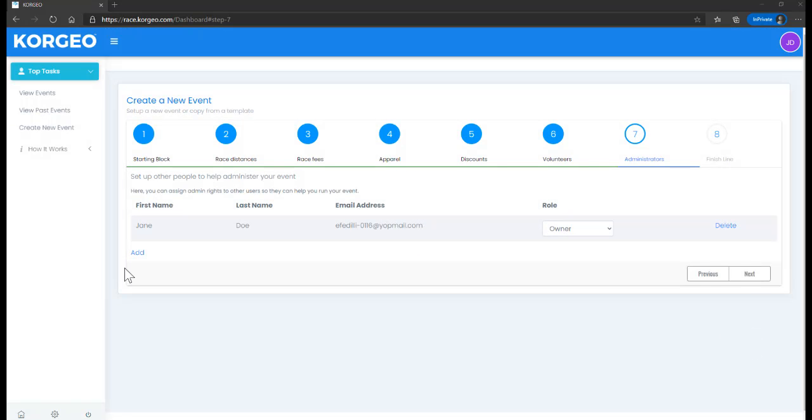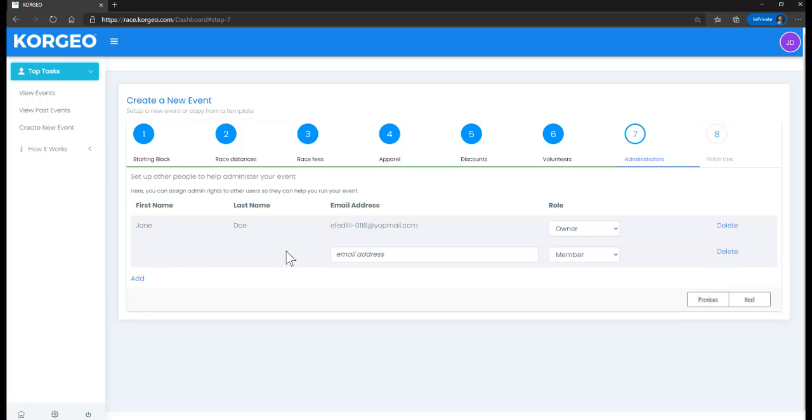If you want others from the event team to help you manage the event on the KORGEO platform, then you can add them here as an administrator and then assign them the appropriate role. So click add. I've got an email box here, so I'm going to enter the email of the person that I want to have help me and then assign the appropriate role, which will give them the permissions to do